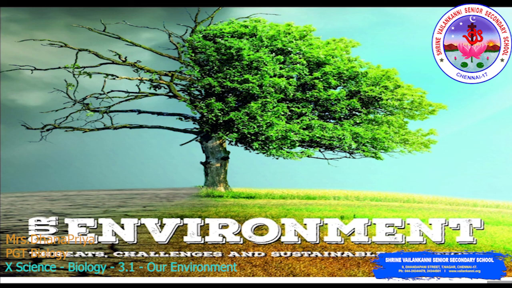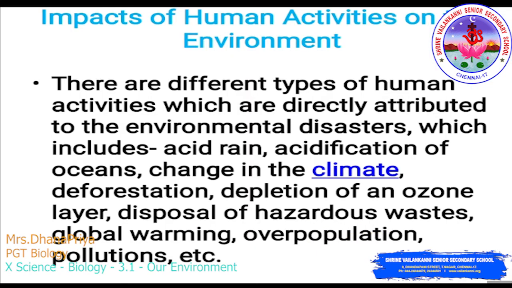Next we see about our environment threats, challenges and sustainable solutions. So what is the impact of human activities on the environment? There are different types of human activities which are directly attributed to environmental disaster, which include acid rain, acidification of ocean, changes in climate, deforestation, depletion of the ozone layer, disposal of hazardous waste, global warming, overpopulation, pollution, etc. So these are the impacts of human activities on the environment, and we will discuss this in the next class